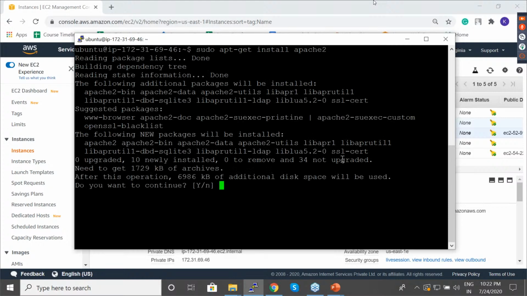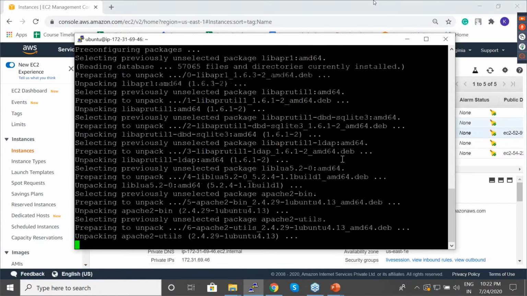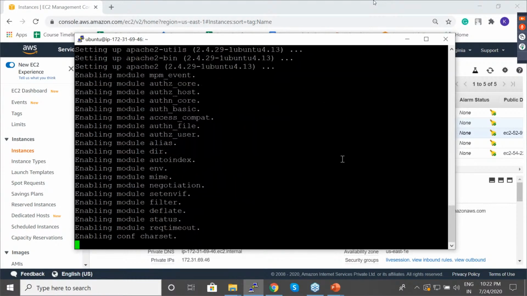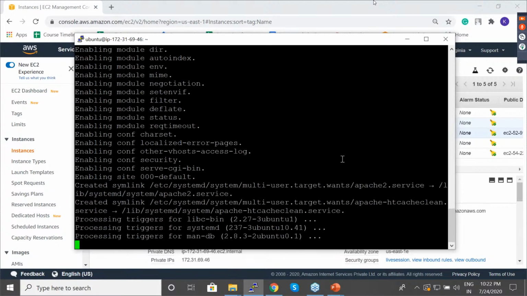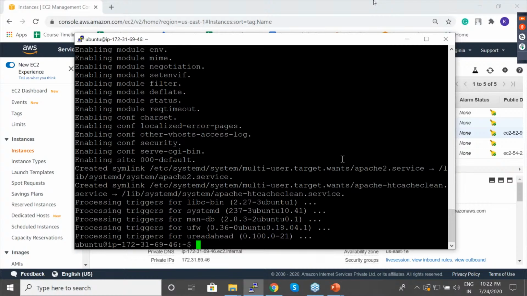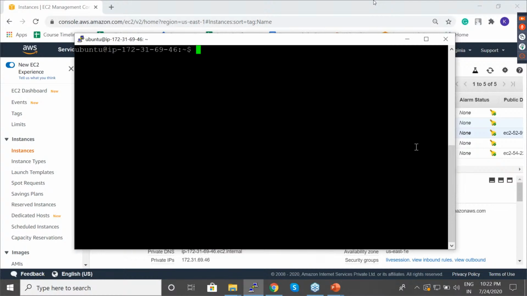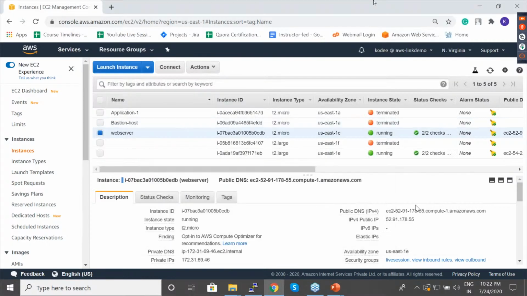Once I hit enter, you will get a question. So just give Y and hit enter. This will set up a lightweight web server for you in your Ubuntu instance. So let me just clear this. Right now I have launched a web server in my instance. Before that, I'll paste the IP in the chat so that all of you can check whether the website is running. I have pasted the IP in the chat.